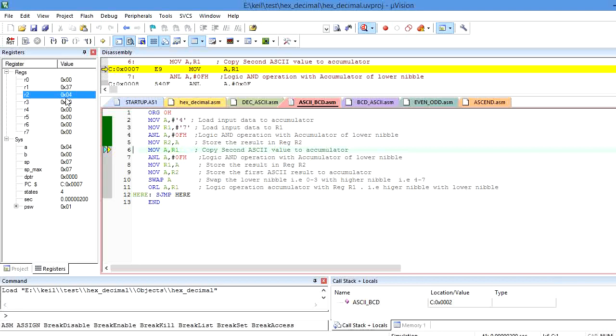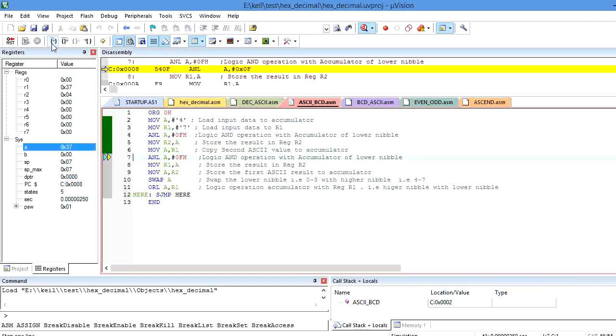Next I am going to copy the ASCII value of 7, that is 37, into the accumulator. Again I need to perform a logical AND operation on the lower nibble, that is ANL A, #0F. What will happen?